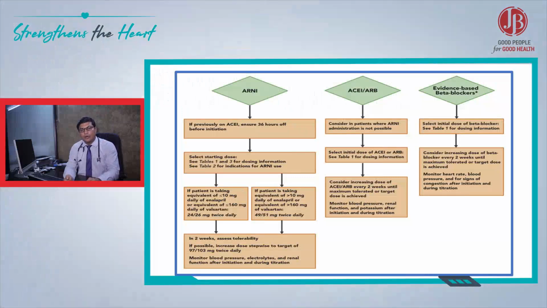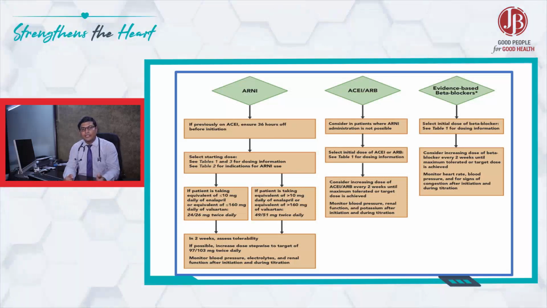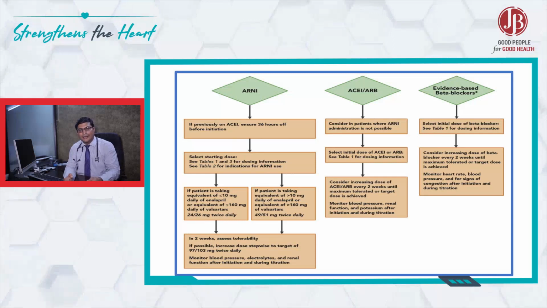Now see, when we are giving a combination of sacubitril with valsartan to a patient who is already on an ACE inhibitor, there is a transient increase in the level of bradykinin, which can precipitate angioneurotic edema. That's why there is a need to stop the ACE inhibitor for at least 36 hours before the first dose of ARNI is given, so as to reduce this risk of angioneurotic edema. So naturally, if a patient is on an ACE inhibitor, let's say enalapril or ramipril, we should stop that molecule, wait for 36 hours and then add ARNI.